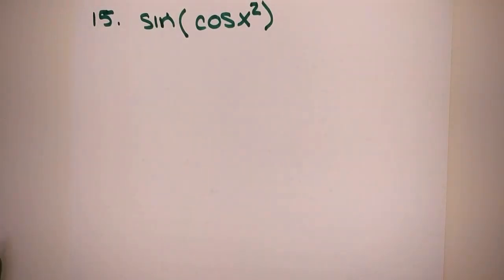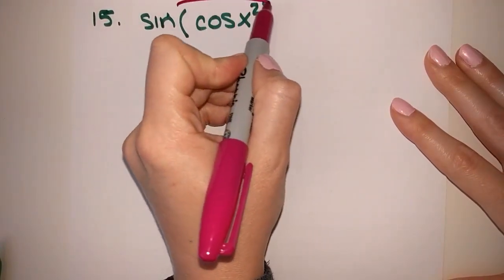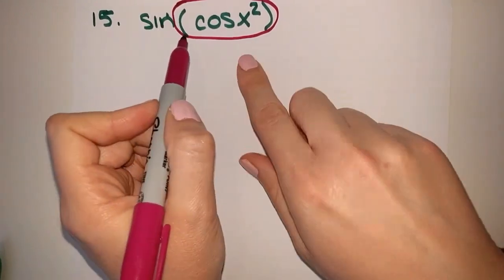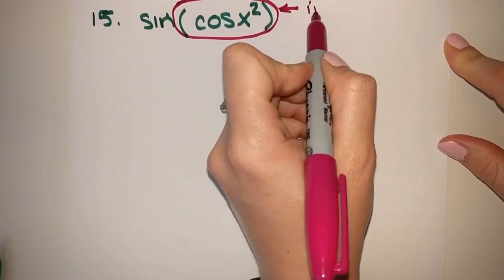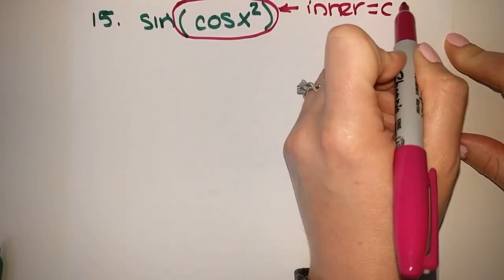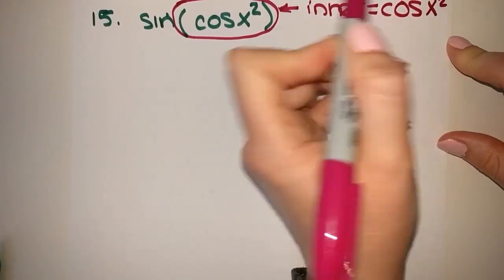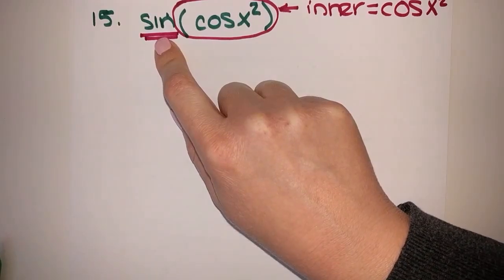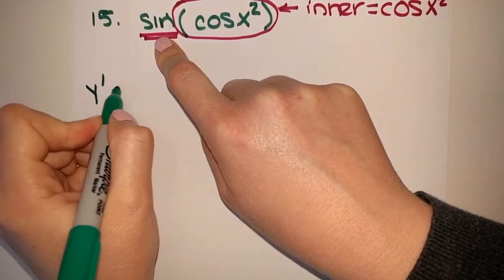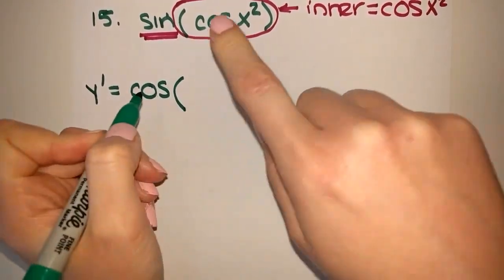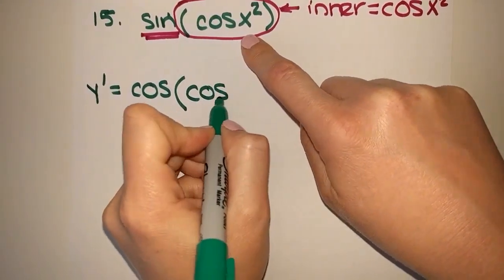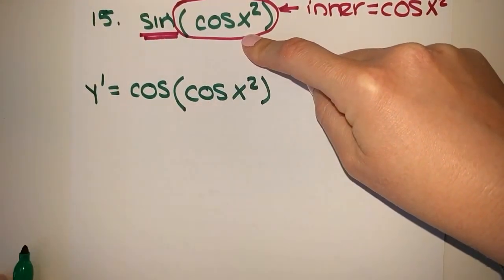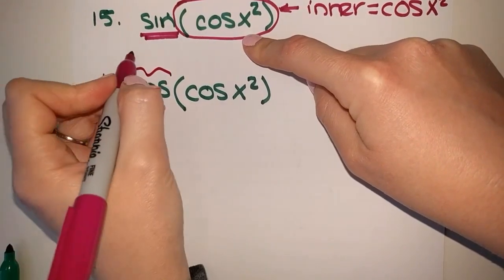All right, so here again we have parentheses, so we say to ourselves it's chain rule time. The inner function is going to be equal to cosine x squared. And that leaves our outer function as sine x. So if we take the derivative of sine, we get cosine. We keep the inner fixed at cosine x squared. Okay, so this is our outer derivative,